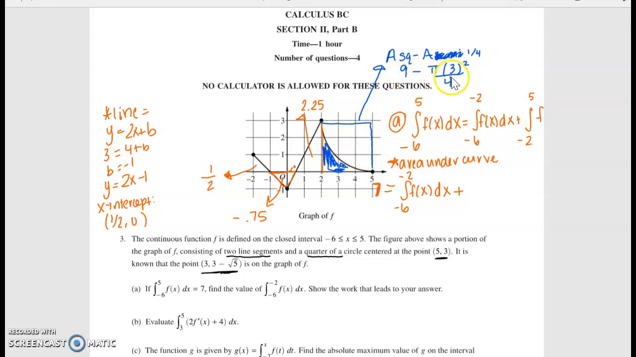The area of the square is 9. This is not the semicircle, I'm sorry, the quarter circle is going to be 9 pi over 4. So now I need to add this stuff all together. So we are going to have,